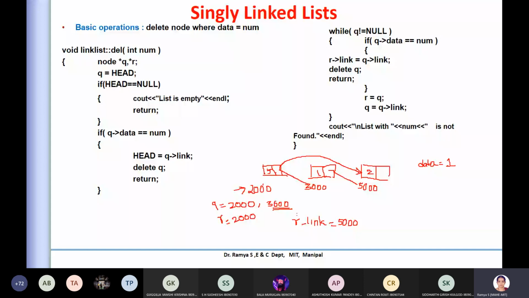Now you want to delete this. So what is done here? At this position, you have stored the 5000 and this is changed. There is no change in this; whatever is stored stays stored. If it is storing a null, it is storing a null. So you basically removed the link here. You just removed the value that was stored at this position. Instead of 3000, you have now delinked the 3000 value and pointed to 5000.